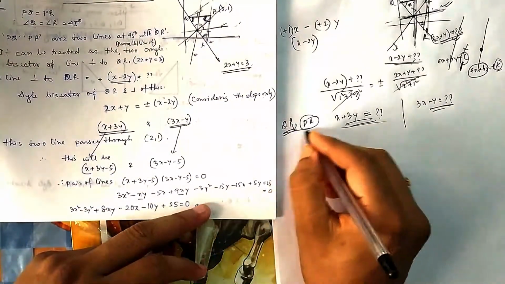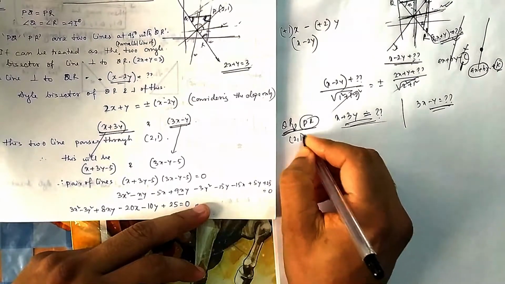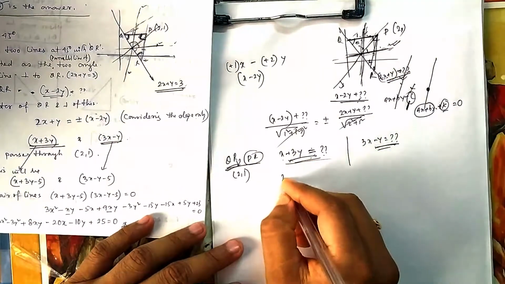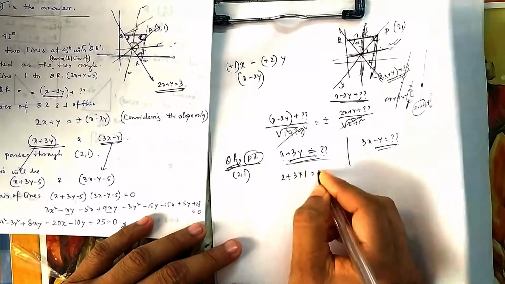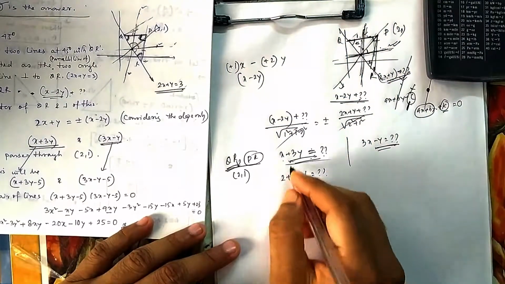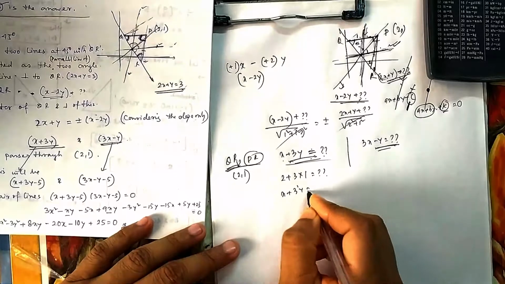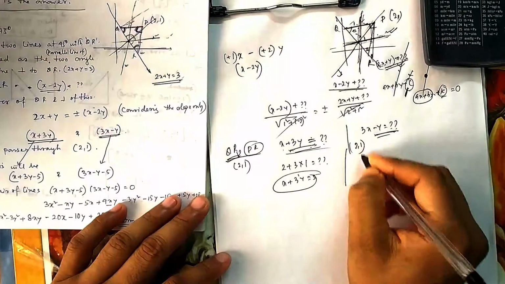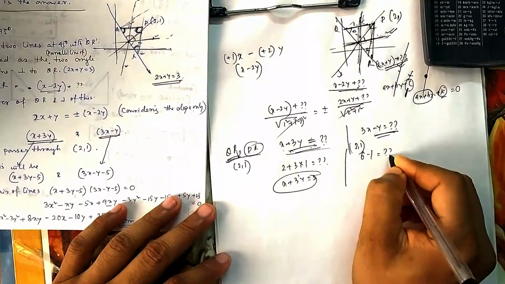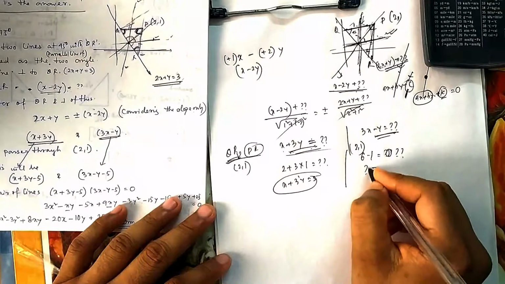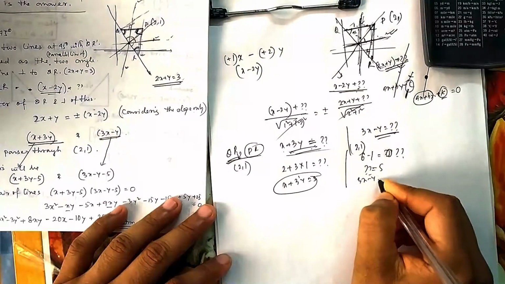For this constant, both the lines pass through 2, 1. This is the coordinate of P, 2, 1. So you put it here, it should satisfy. If I put 2 into 1, 2 plus 3 into 1, it is 3 plus 2, 5. So it is x plus 3y is equal to 5. This is the equation of one line. This should also pass through 2, 1. So it is 6 minus 1. So this is also 5. So it will be 3x minus y is equal to 5.